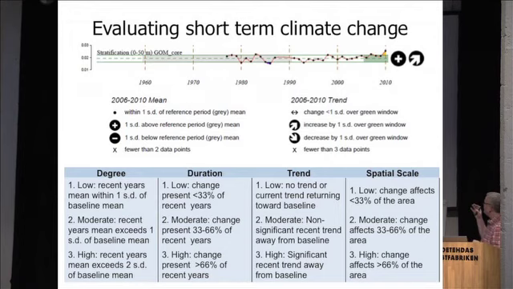So the way that we start off with this is with the exposure factors that we're looking at. Just like I talked about this morning, when we talk about exposure factors, what we're looking at is relative change compared to some baseline time period rather than general magnitude. The baseline that we're looking at here is from 1960 to 1990. And then we're comparing the most recent 5 years, which was 2006 to 2010 for the data they had, to see how things are changing.